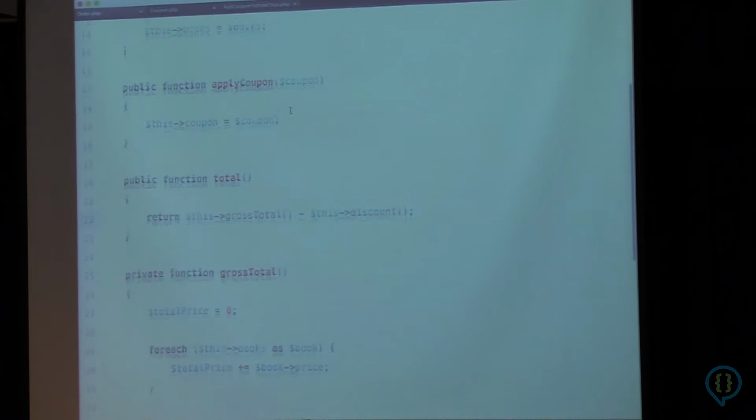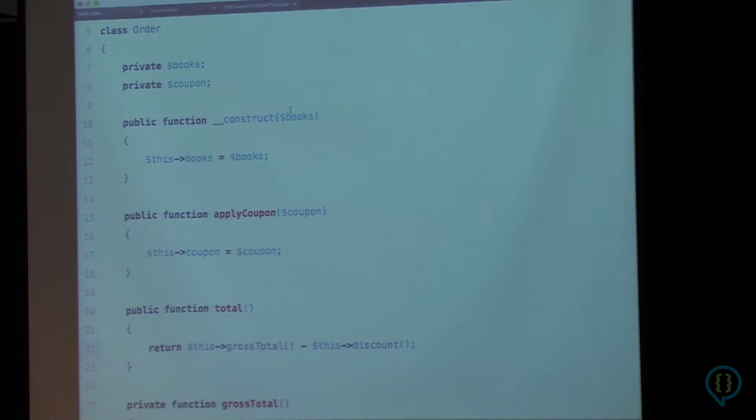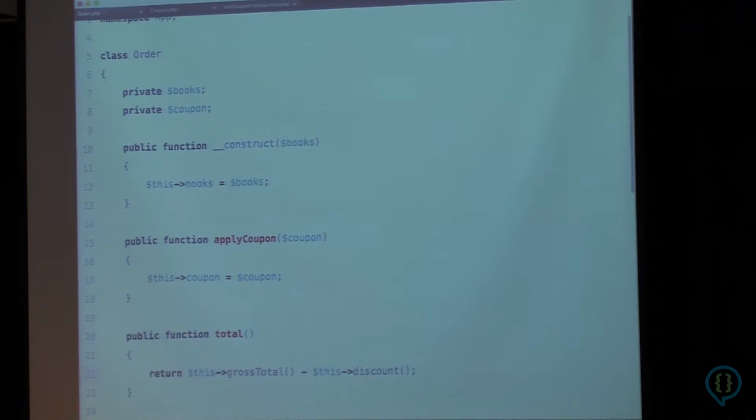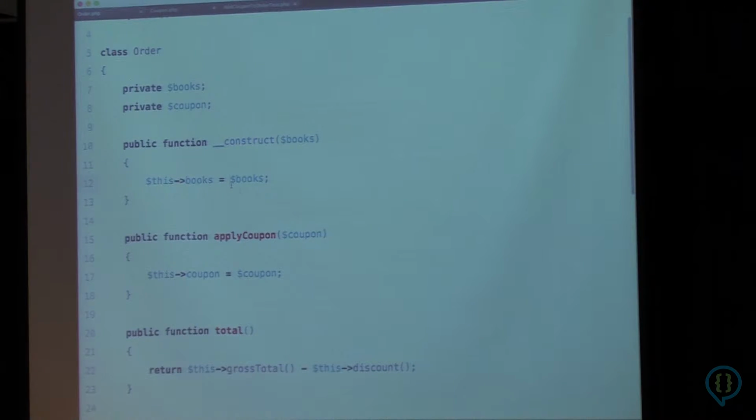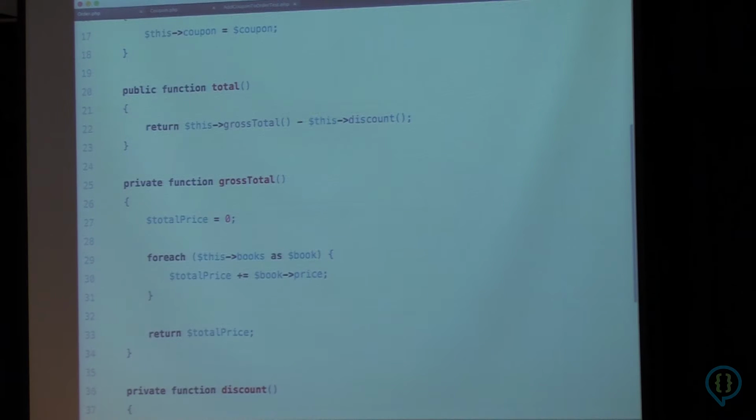So in PHP, you can't call methods on arrays, but there's a lot of collection libraries that allow you to call methods on arrays. And I have one pulled in this case, to simplify things for us a little bit. So if in our constructor we wrap this array of books in a collection so we can actually treat it like an object and perform operations on it, then here in this gross total method, we can actually